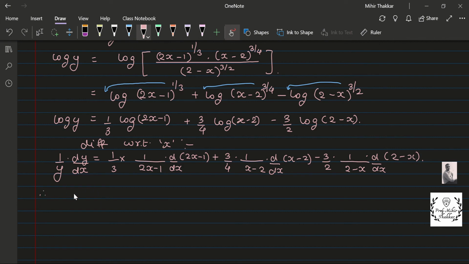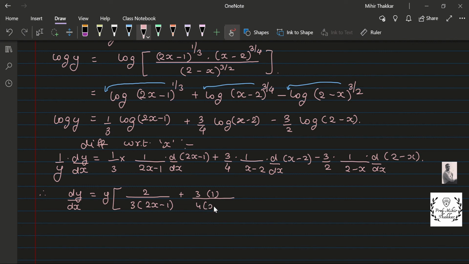So yes guys, when we want to find the value of dy by dx, you all know that we have to cross multiply this y to the opposite side. So I am taking this y over here. Now derivative of 2x is 2. So I get 2 upon 3 into (2x minus 1). If you wish, you can multiply that inside the bracket if you want to keep it like that. Not an issue guys, that is not a very big thing. This 3 will be as it is. Derivative of x is 1, so I get 3 into 1. Derivative of 2 is 0, so we are just ignoring that. So I just get 1 over here.